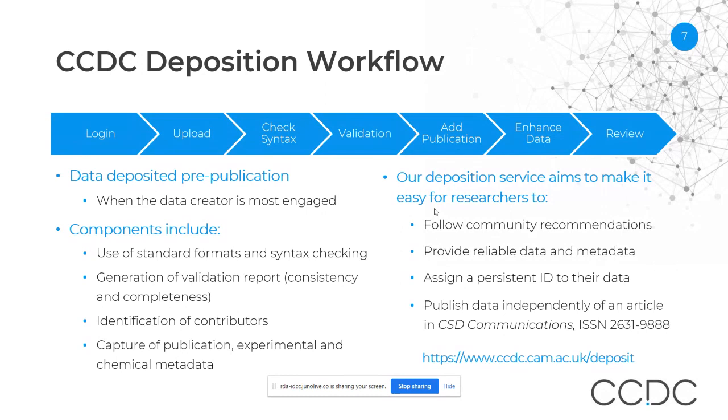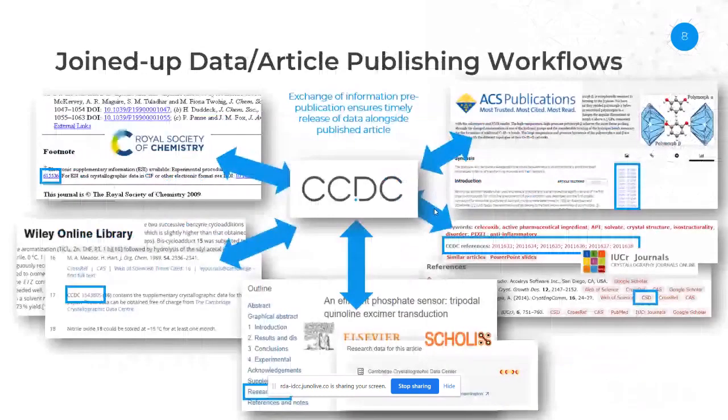But then downstream from that, we need to think about how this all joins up with the publication. I said we had quite a large number of publishers that we're associated with. There's probably actually only 5, 6, or 7 that account for the majority of structures. Over the years, we've developed various different workflows with them to make sure that when an article that has a data set associated with it is published, the data set gets published as well. And then we can also go further upstream and make sure that if data sets are associated with a manuscript, we capture that association early and can make sure the data is available for peer review.